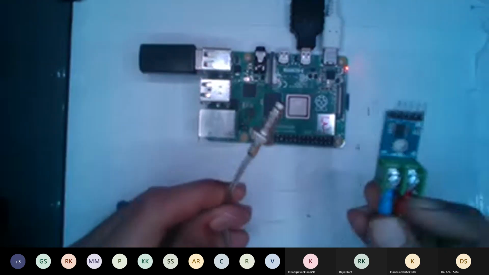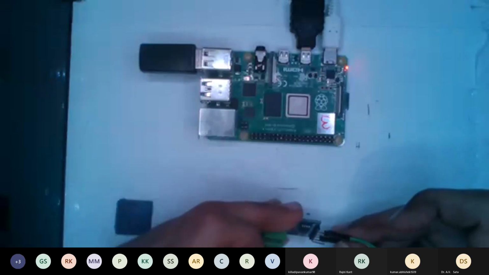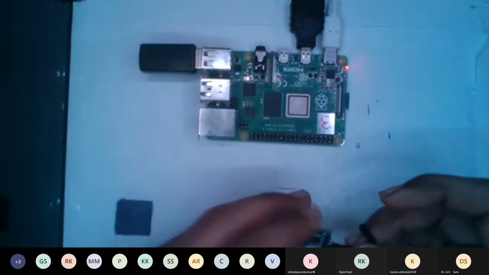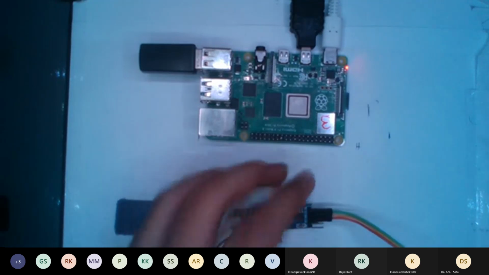I have connected it using jumper wires, using an orange wire to connect it with SCK, yellow to CS. SO is DO, which is in the library.